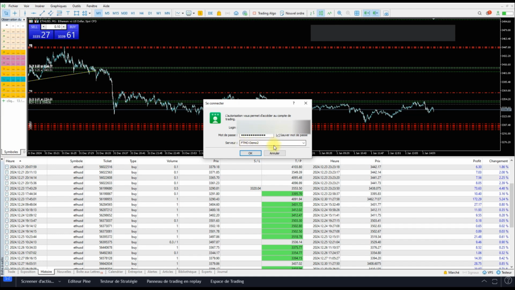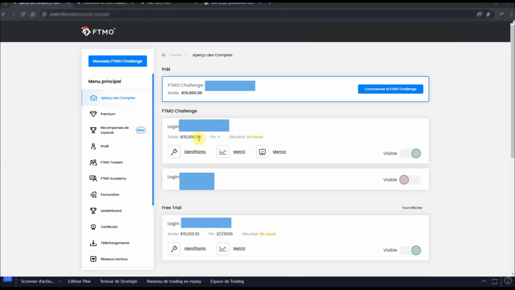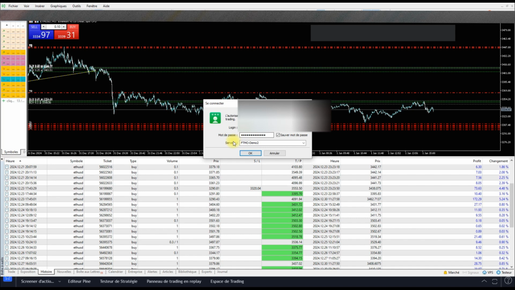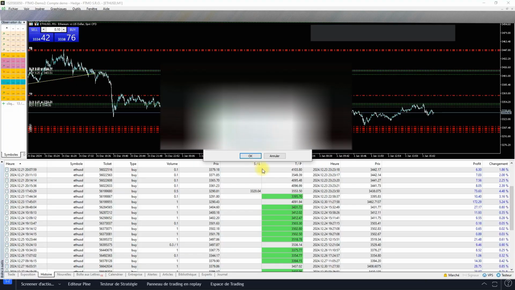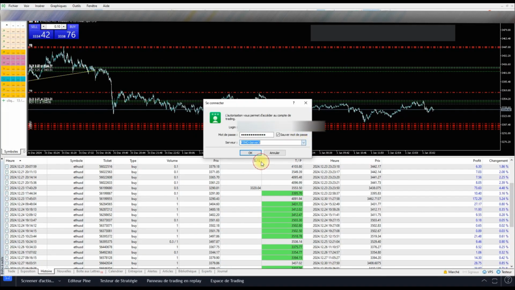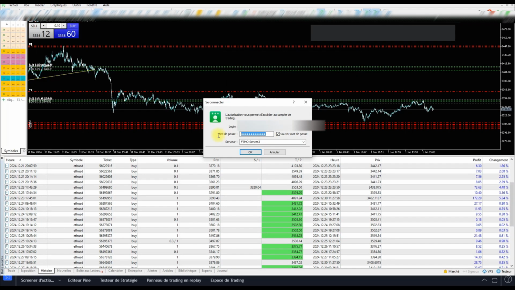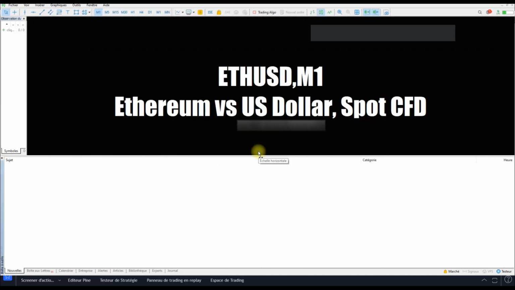Okay, here is your FTMO challenge of 10,000. You have the identifiers, the metrics. You click on the identifier, and there you have the famous login number, the password, and the server that will be related to your challenge. FTMO server 3. We put FTMO server 3, the login. I copy the password, and here I connect, and we see the 10,000 euro that FTMO puts at my disposal